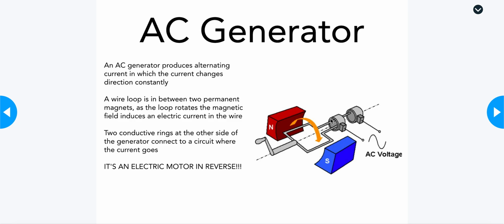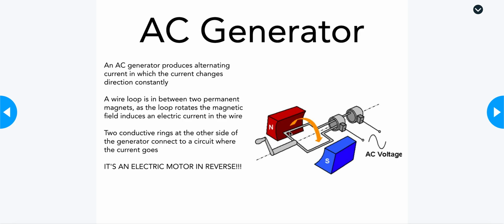And they are going to then travel in the circuit. So if you know anything about motors, this is effectively an electric motor in reverse. Now, here's the thing that happens. You see how right now this part of the wire loop is facing the north pole of the magnet, and this part of the loop is facing the south pole of the magnet. So here's the deal. When this happens,